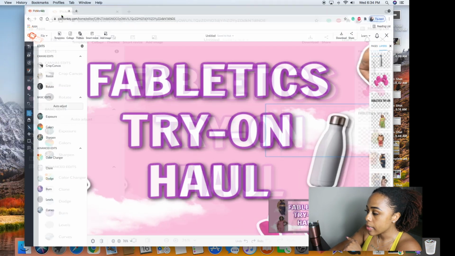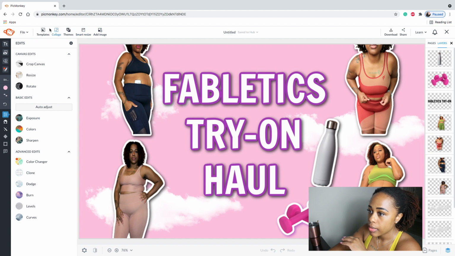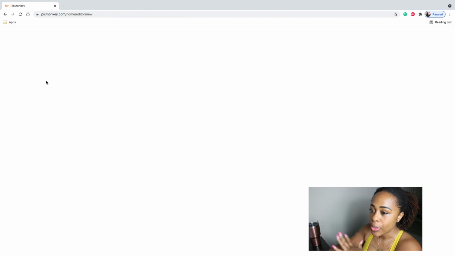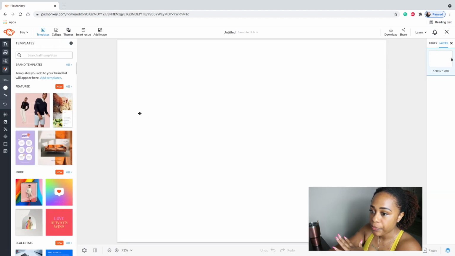We're gonna go back into Picmonkey. I'm gonna go ahead and maximize that for you guys. I'm going to go ahead and just jump into create new, and we're gonna scroll down to blank canvas. No, actually we're gonna use a template. We're gonna make it so easy. So we're gonna go to templates,